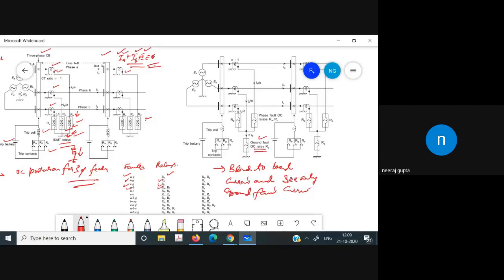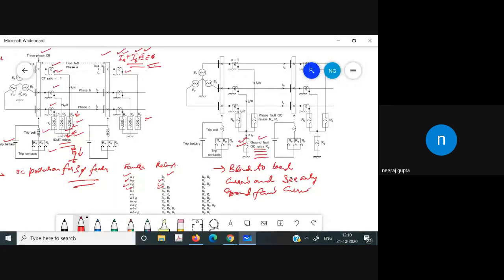And as already stated, the residual current will be 0 or near 0 during normal and balanced conditions, and during a three-phase fault it will not cater to the three-phase fault. The setting of the relay for the residual current path can be made independent of the load current and much smaller than the load current, so that we can cater to the ground fault in that case.